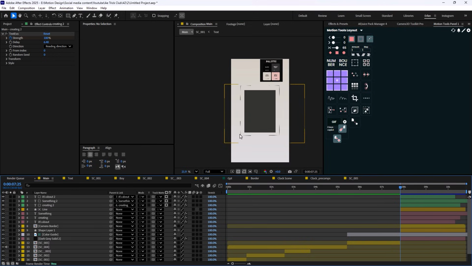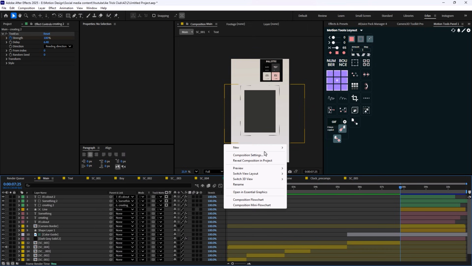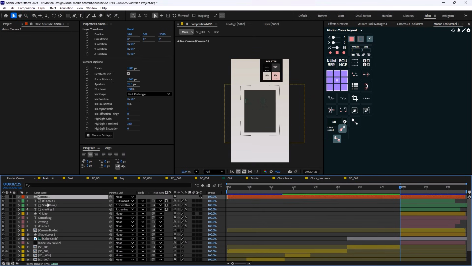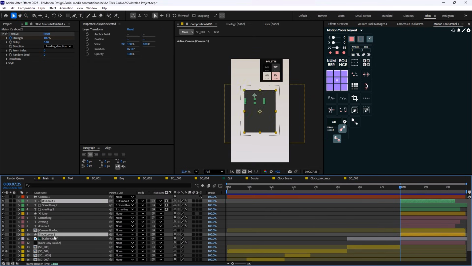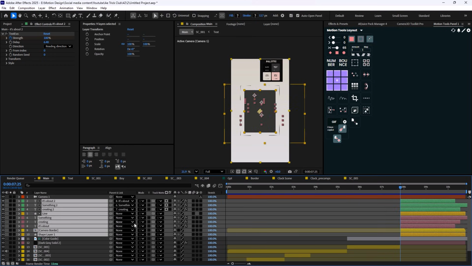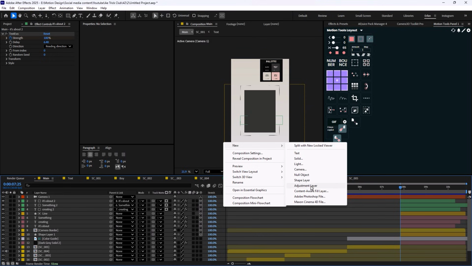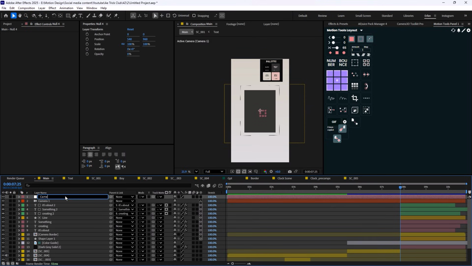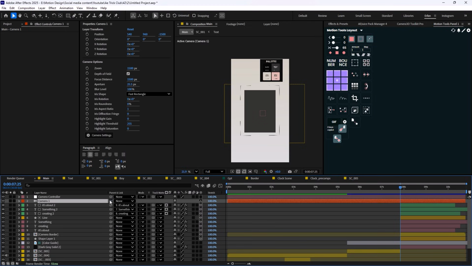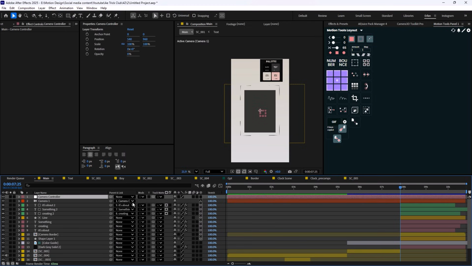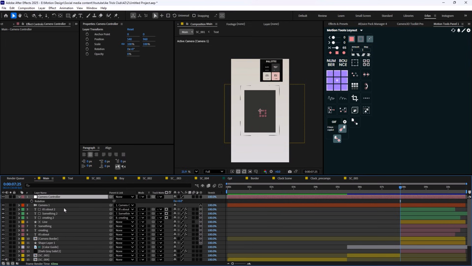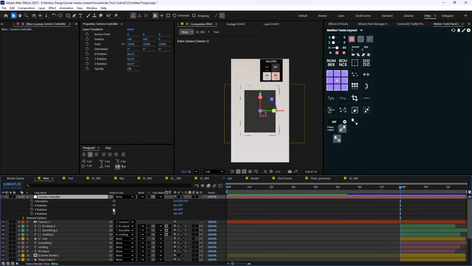It is time to add the animation. So the text starts in here. We are going to add a new camera. But before we do that, we're gonna set everything on 3D. Great, we're gonna create a new null object. We're gonna call this one camera controller. And we're gonna parent the camera one into the camera controller. All right, let's add a bit of rotation into it. So let's set it on 3D so we can see better.